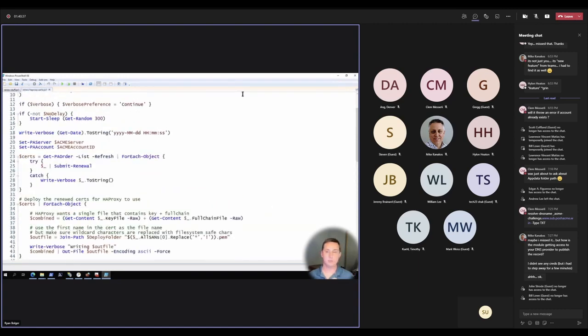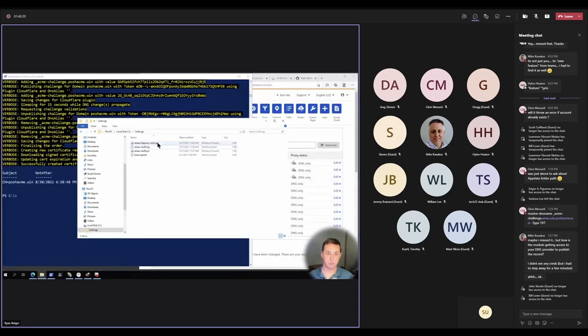So renewals are kind of up to you. There's 101 ways to do them. They work cross-platform just as well as on Windows. And it depends on how many certs you have, how detailed you want to log the process, whether you want to be notified if things fail, and again,